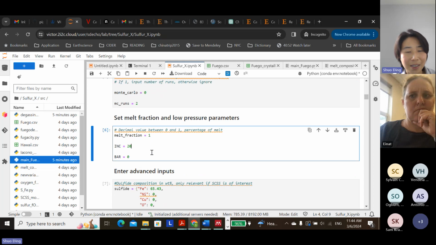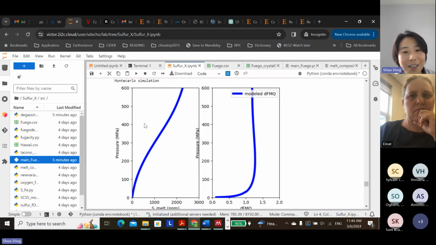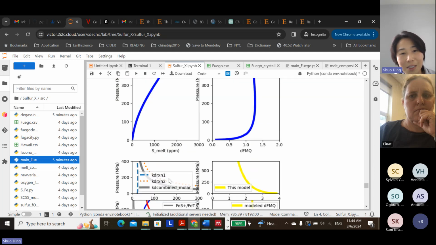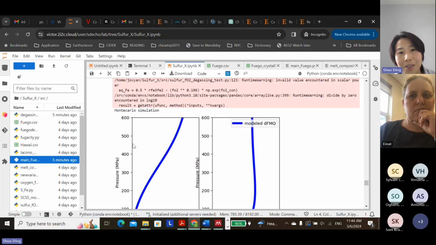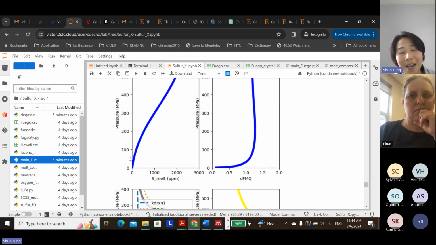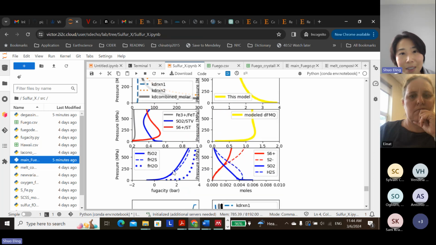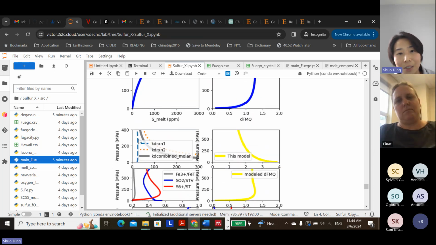Sometimes it still gives you a big excursion, where it does not go to the bottom like this, it could actually have a big excursion out. Usually this can be addressed if you adjust the pressure step and the sigma. But if even that doesn't fix the problem, instead of having it calculate KD1 and KD2, these two, the blue and orange line,